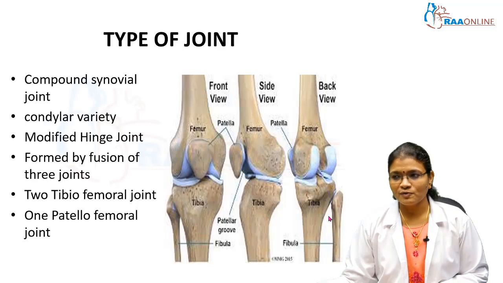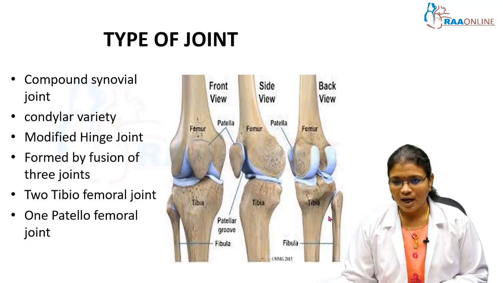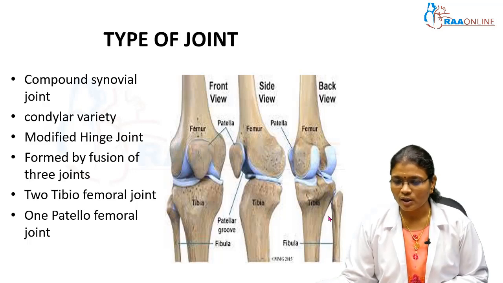Coming to the type of joint. The knee joint is the largest joint and it is the most superficial joint found in our body. It is a compound joint and a synovial joint. It is called a compound joint because it is made up of two or more joints, and it is a synovial joint because mobility is present there, and it is of condylar variety because the condyles of femur articulate with condyles